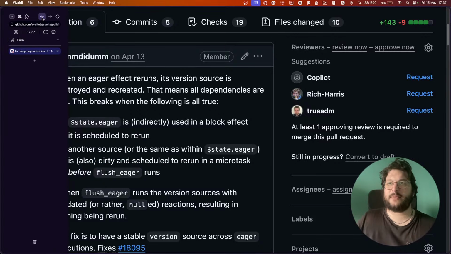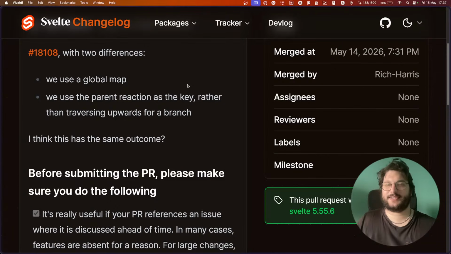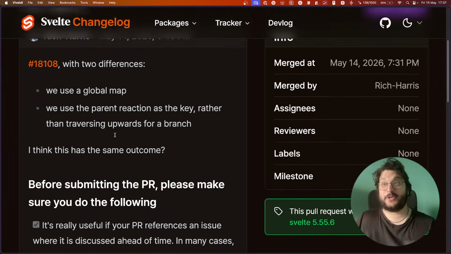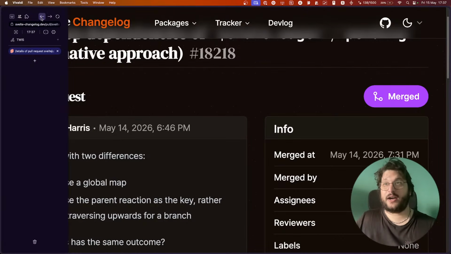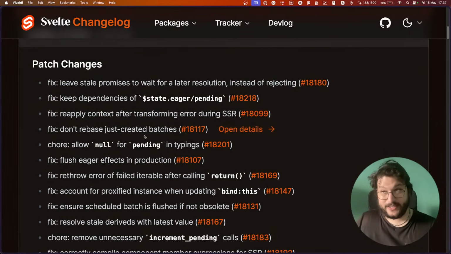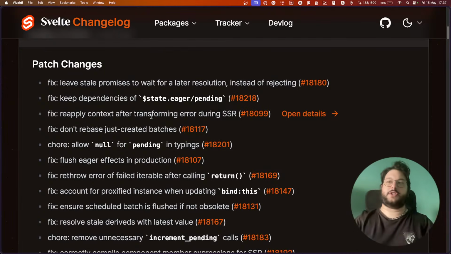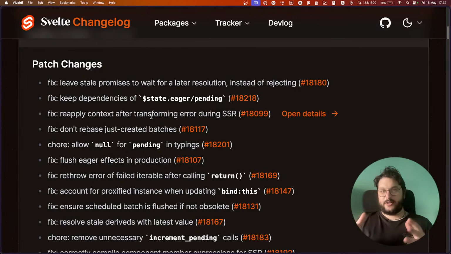I am so glad that Simon and Rich have a deep understanding of how async reactivity works, because some of this stuff is so trippy. Right now the main goal is basically to get async, await, and remote functions out of experimental.